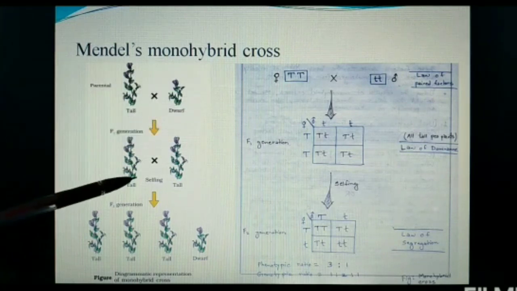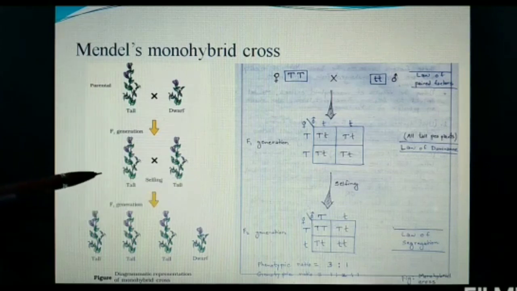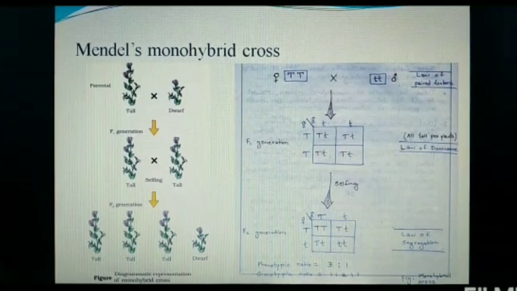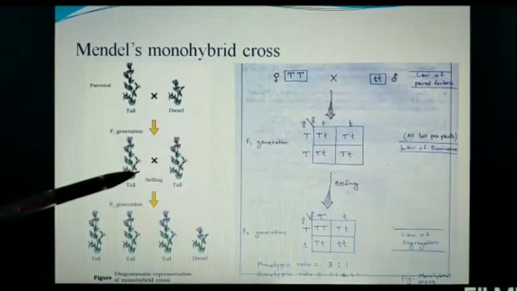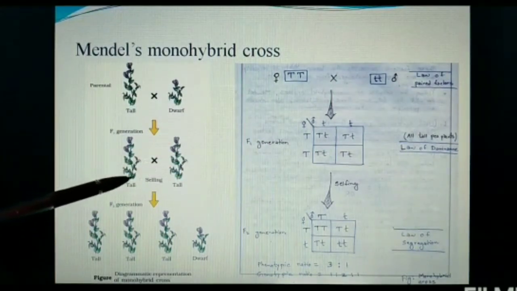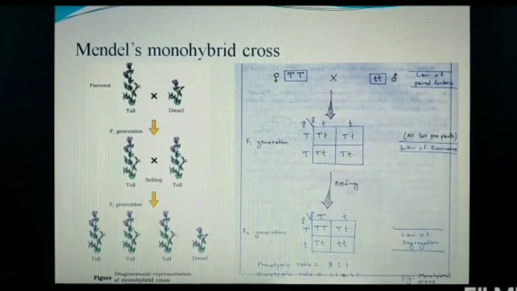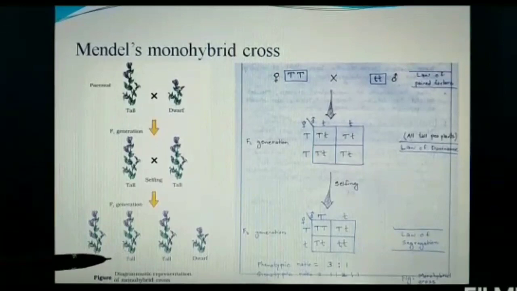In the F1 generation, all the plants were tall. Now, he self-pollinated the F1 plants, and in the second generation, or F2 generation, he got